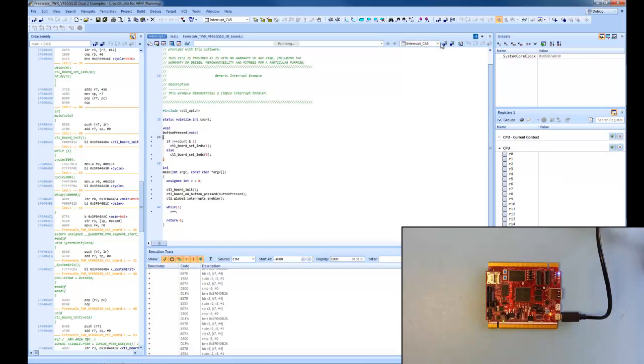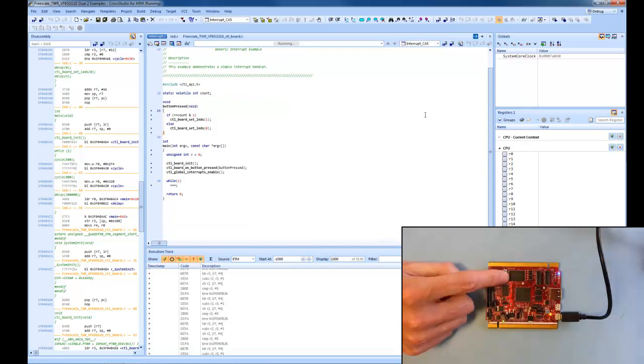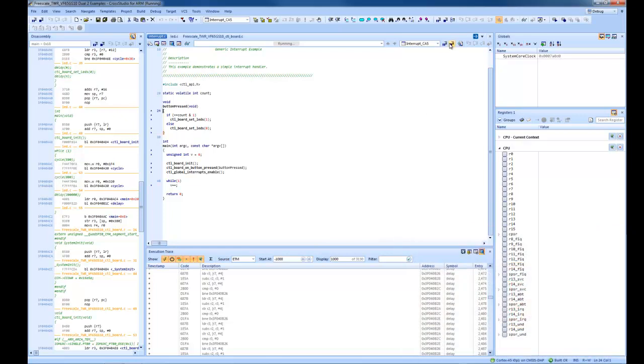remove the breakpoint, and now, as we can see, the application is running normally. We can press stop debugging